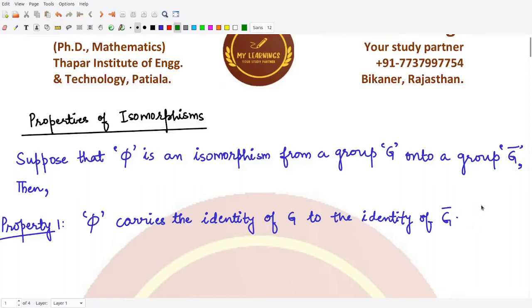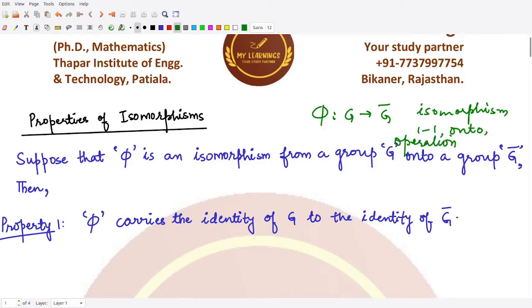From this video onwards, we'll be studying the properties of isomorphisms. So if we assume that phi is some isomorphism from a group G to a group G bar, that means we have phi, a mapping defined from G to G bar, and it is given to be an isomorphism. So we are given the properties of one-one, onto, and operation preserving, correct? If these properties are given to us, in that case,